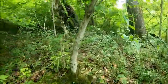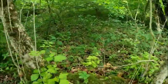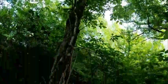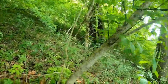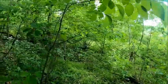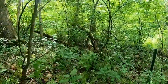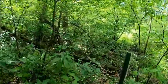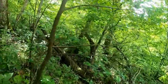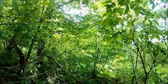Oh, what else do we got around here? Let's see. Nope. Now, usually I find some pheasant back mushrooms on these old box elder trees like this, but I don't know. Hardly anything this year. Having trouble finding any kind of mushrooms, much less good edible ones. I think a video or two ago, I found a nice patch of pheasant back mushrooms, also known as dryad saddles, but